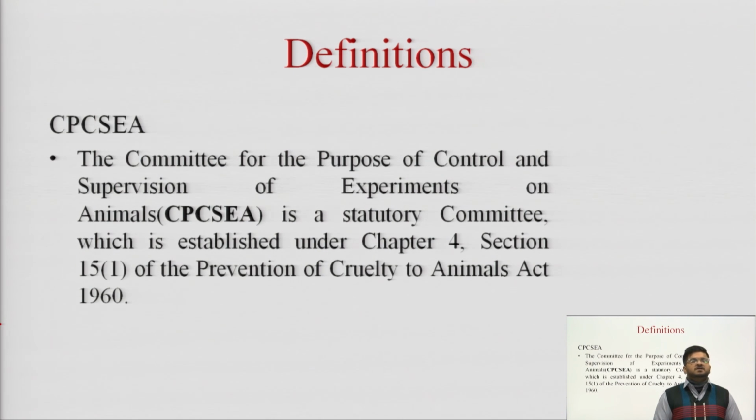As well, we have studied the definition of CPCSEA, the Committee for the Purpose of Control and Supervision of Experiments on Animals. It is a statutory committee which is established under Chapter 4, Section 15I of the Prevention of Cruelty to Animals Act